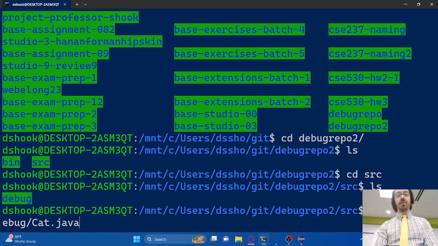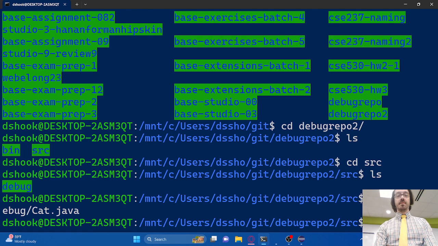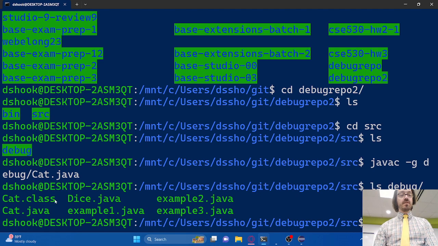I'm going to do the cat file. If you want to know if it worked, you can take a look at the contents of the debug directory, and I should see there's now a cat.class